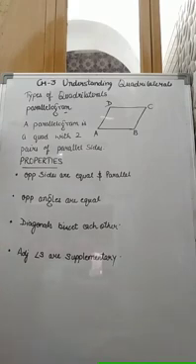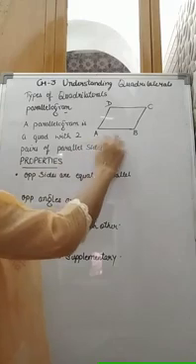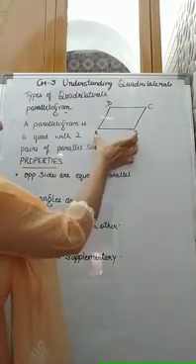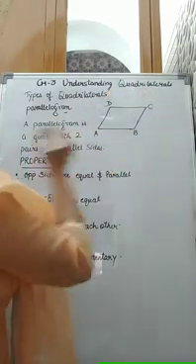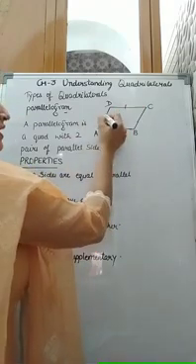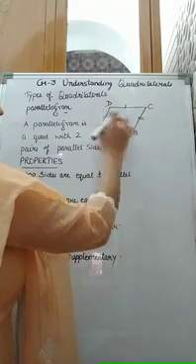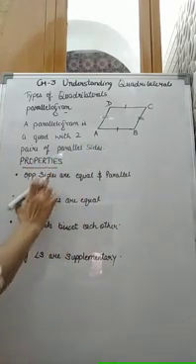Now, let's start with the next type, that is parallelogram. A parallelogram is a type of quadrilateral with two pairs of parallel sides. ABCD is a parallelogram here. In this figure, sides AB and CD are both parallel to each other and equal to each other. And just like this, opposite sides AD and BC are parallel to each other as well as equal to each other. And it is a part of our properties of a parallelogram.